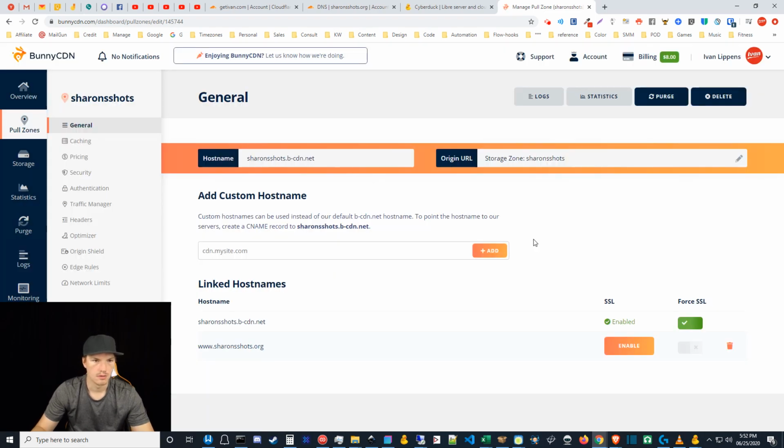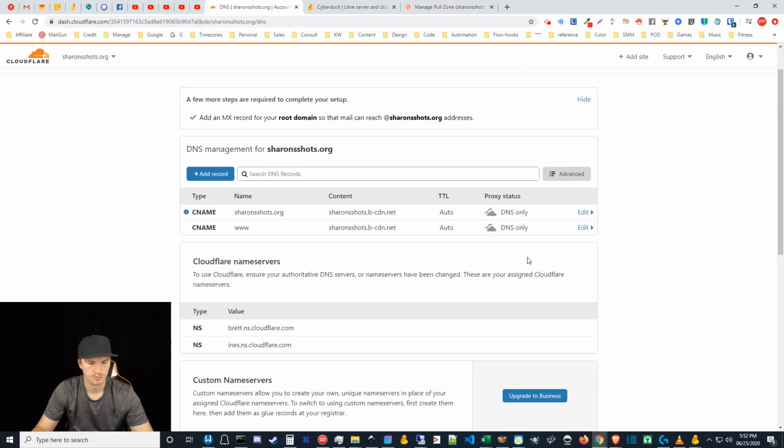And then this is a point where you need to go into your DNS provider. In my case, it's Cloudflare, and you need to set your record. So it says here to create a CNAME record to this address. So I am going to grab this address here, which is obviously this right here, as you can see. I'm going to come over here to